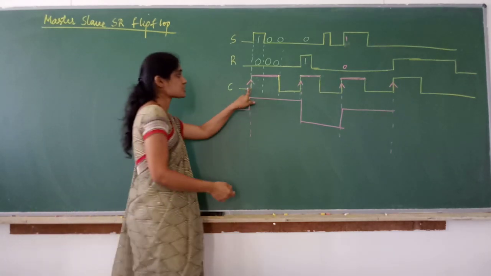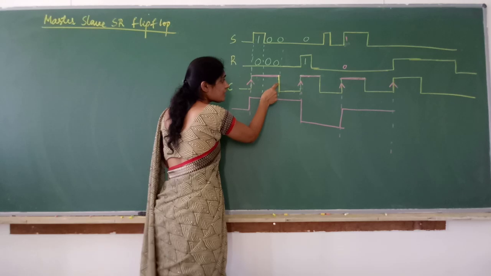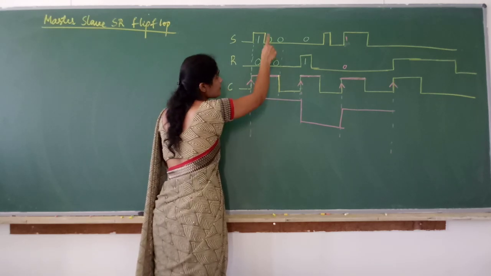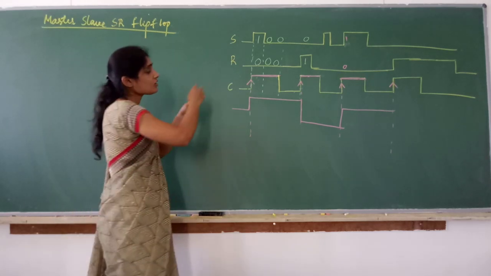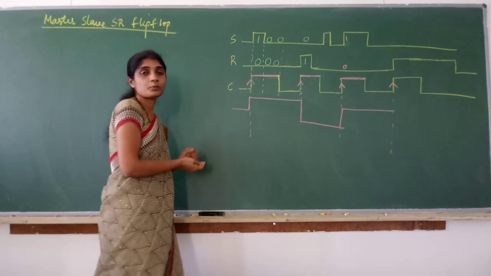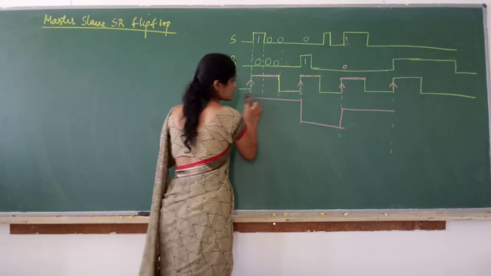This is positive edge triggered. Similarly, flip-flops can also be triggered only at the negative edges. Only at the negative edge you have to see the input and the flip-flop output will be written. So this is the waveform for the flip-flop outputs. These are the two types of flip-flops we have: pulse triggered and edge triggered.